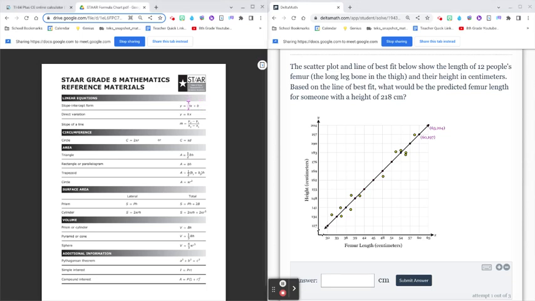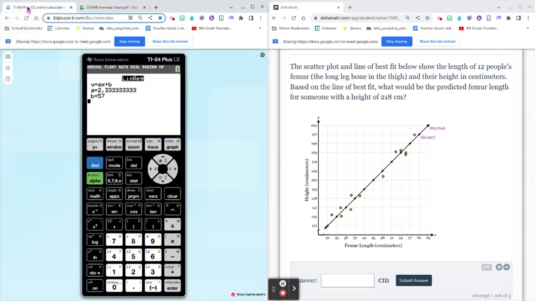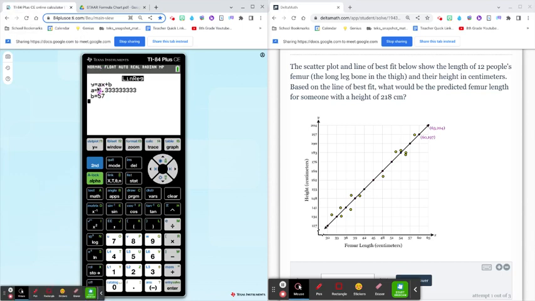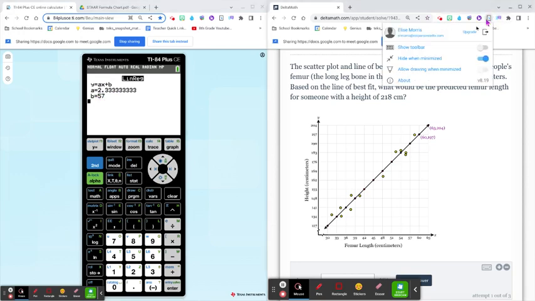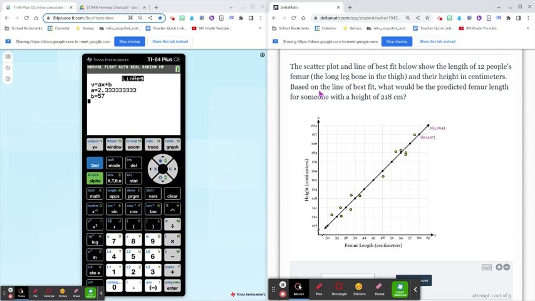So hopefully you can just remember that the slope is typically m, but it's always what's stuck to your x value. So if we look back at our equation, you see they say ax plus b, and a, whatever is stuck to x, is your slope. 2.33 repeating, and then your y-intercept is 57. So if I were to write this equation, I would